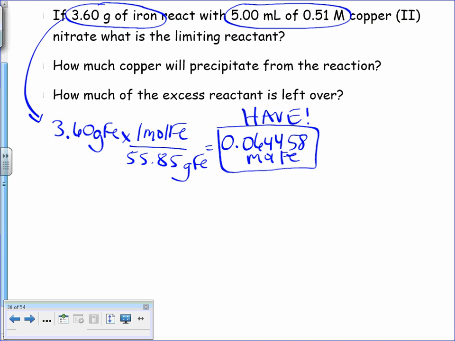All right. So what's the second reactant, and how do I get its moles? 5 milliliters of 0.51. How do I get to moles from those two pieces? Molarity times... multiply the milliliters by liters. Okay, so you want to get to liters first, so you can do that in your head. How many liters is that? Well, it's a lot less, right? So 0.005. So you're moving the decimal back 3 places. So that many liters times